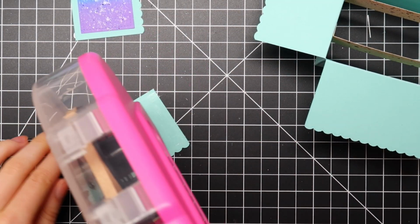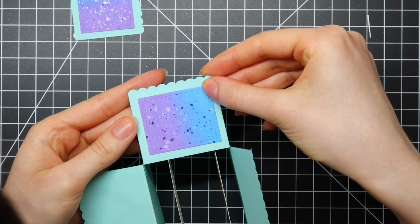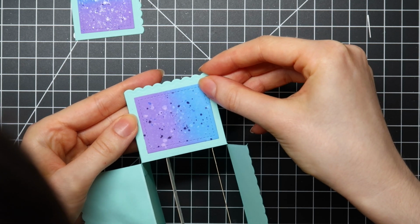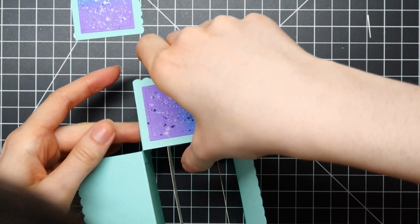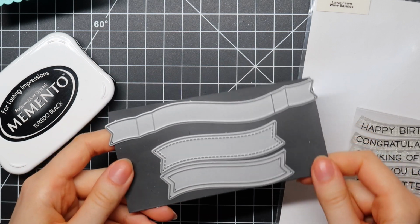I have my little inserts over here, and I am adhering them to the sides or the inside of my pop-up box card using my ATG from Scotch. I'm always making sure that the blue of my ink blended background is on the top and then the purple on the bottom. I die cut this stitched